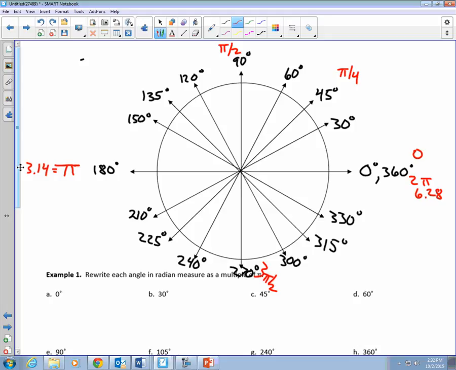Let's count: 0 pi over 4, 1 pi over 4, 2 pi over 4. Does 2 pi over 4 reduce to pi over 2? Yes. After 2 pi over 4, 3 pi over 4. After 3 pi over 4,